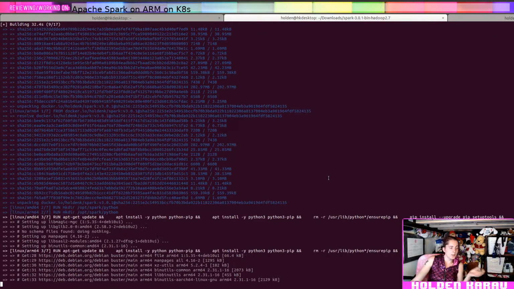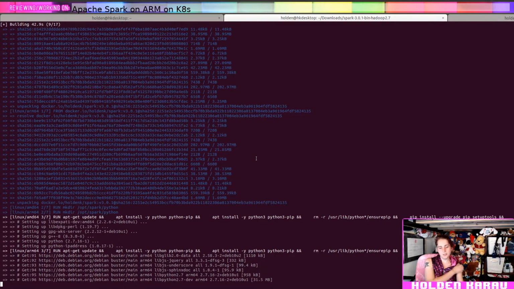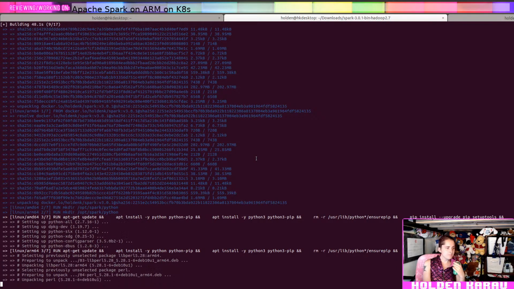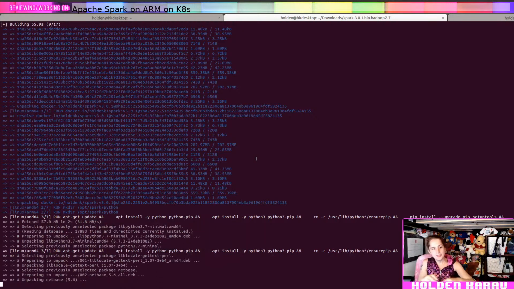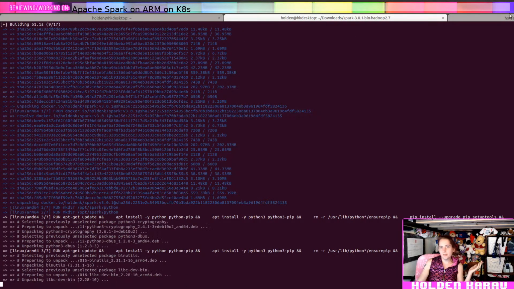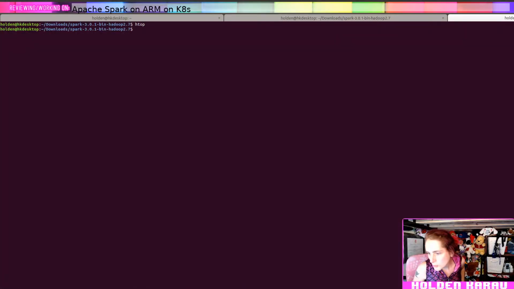Like, I've done a quick little poke here, so I'm pretty sure I know what the fix looks like, but I haven't had the chance to make a proper patch, so it would be good if someone else who had the time did that. This is going to take a while though, because it's going to be installing a bunch of Python stuff and pip installing some stuff, so let's not bother waiting. I would like to finish, so what we're going to do